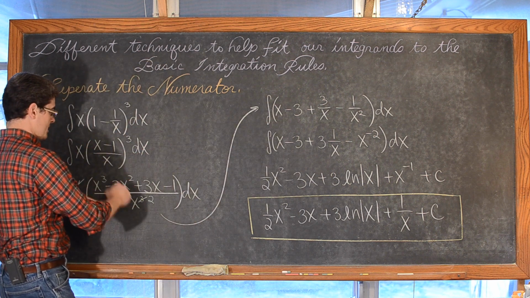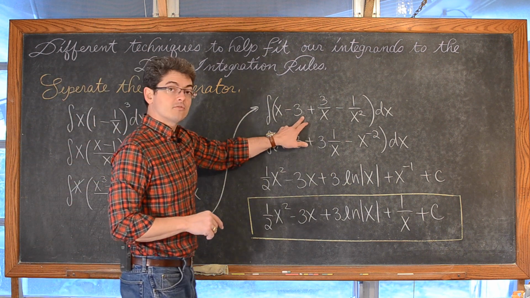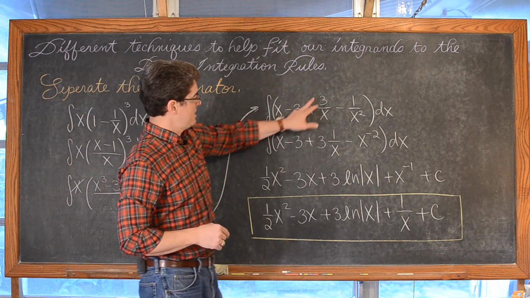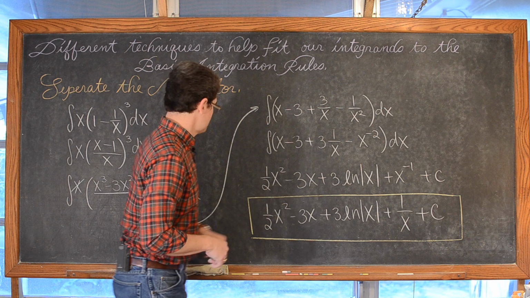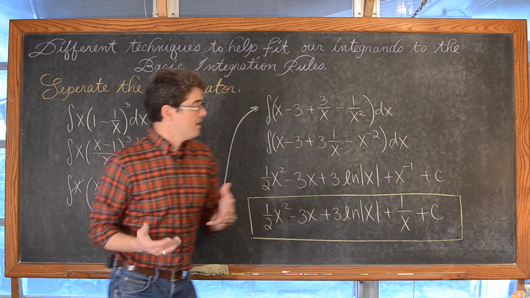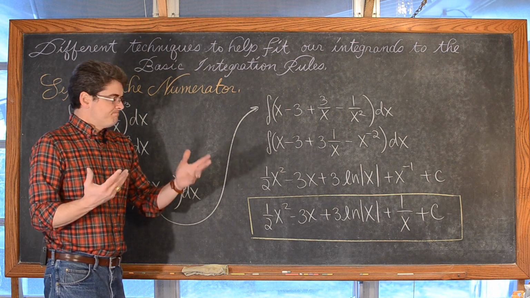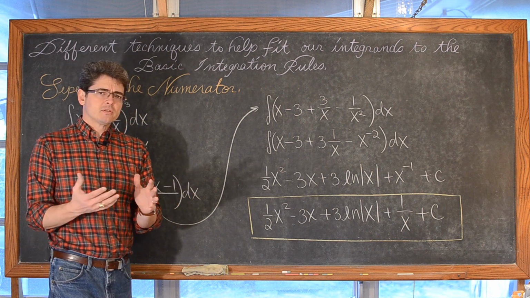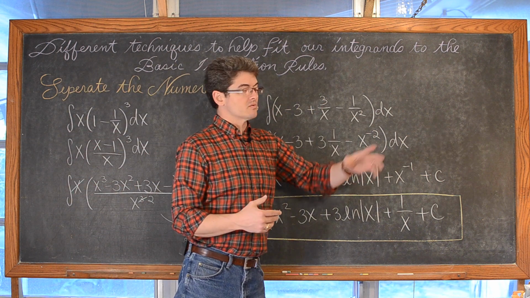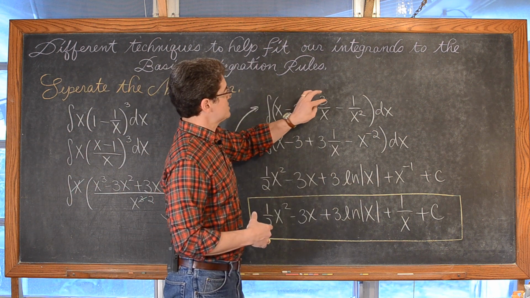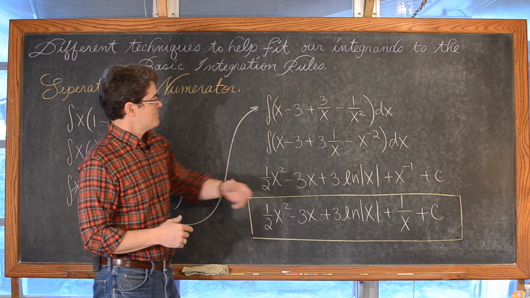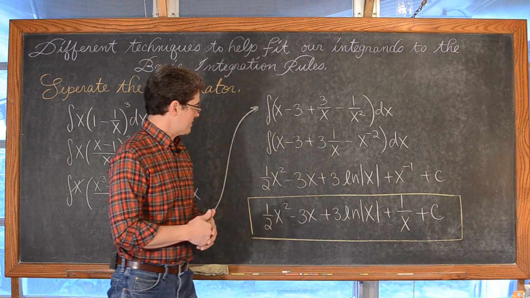If we do negative 3x squared divided by x squared, we get negative 3. We have 3x divided by x squared, giving us 3 over x, and then minus 1 divided by x squared, which is, of course, negative 1 over x squared. If we were just learning how to integrate and using the properties of integration, then maybe I would expand this and write a separate little integration problem for each of these terms. But I'm just going to skip that because I don't think at this point we need it.